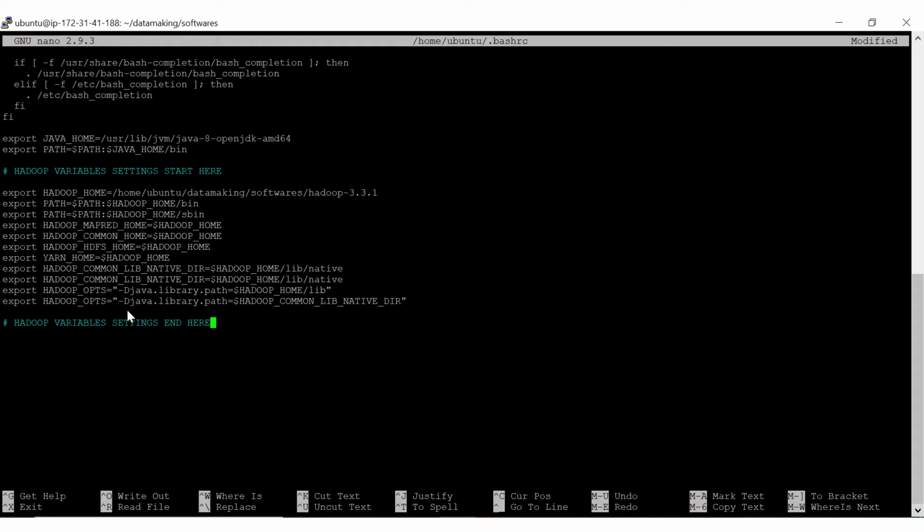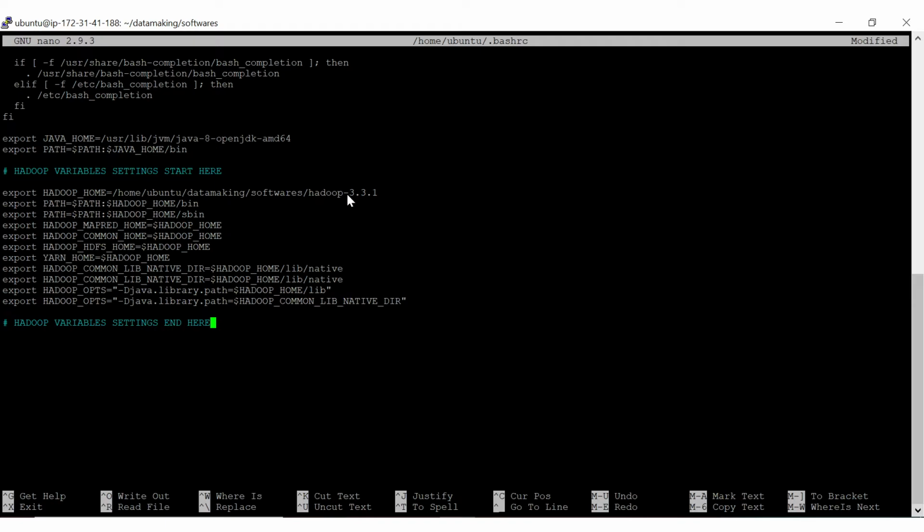There are many environment variables with respect to Hadoop we are setting up. Since we extracted it in the softwares folder, the path will be /home/ubuntu/datamaking/software/hadoop-3.3.1. This is the location where Hadoop is extracted, that is the root directory of Apache Hadoop.